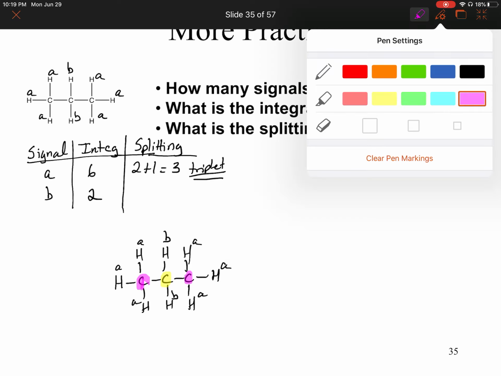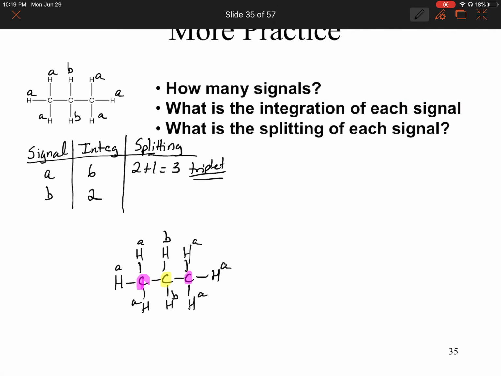So that's a total of how many neighbors that are different from itself? A total of 6. So 6 plus 1 equals 7. That's going to be a septet here. So this is how we determine this. You just go to its immediate neighbors, you count them, and you add 1